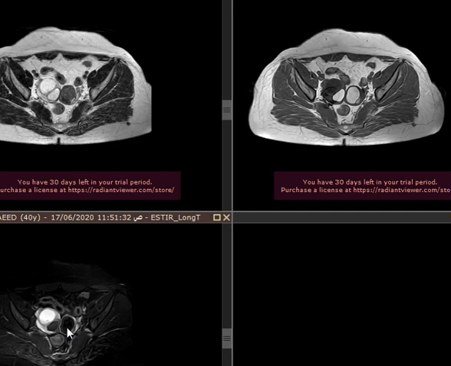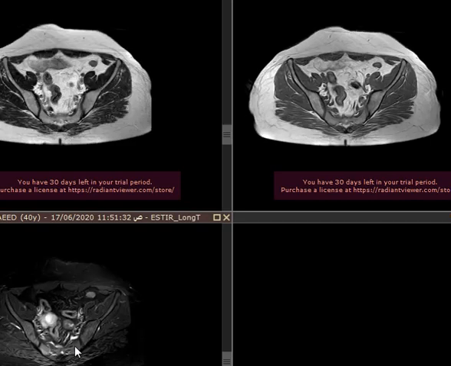Now the second one is hypo on T2 and hyper on T1, and it is not suppressed on fat sat, so this lesion is blood. So it's a hemorrhagic cyst. So we have a dermoid, a hemorrhagic cyst, and we have